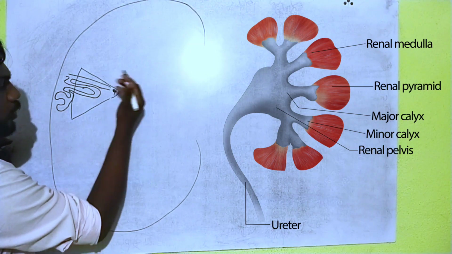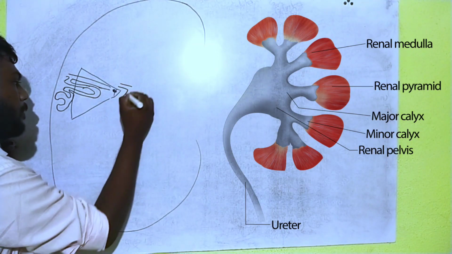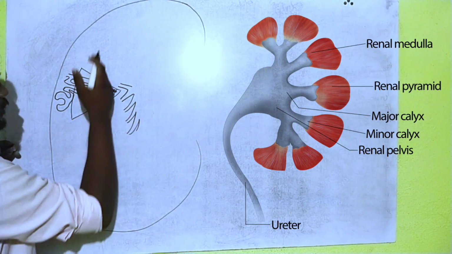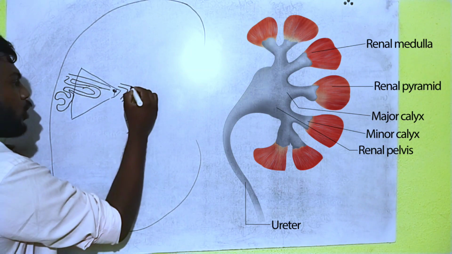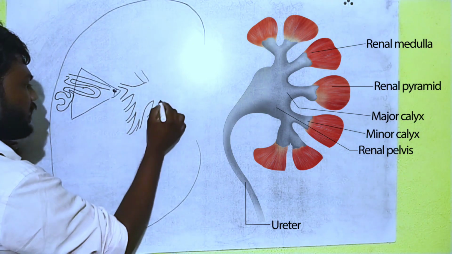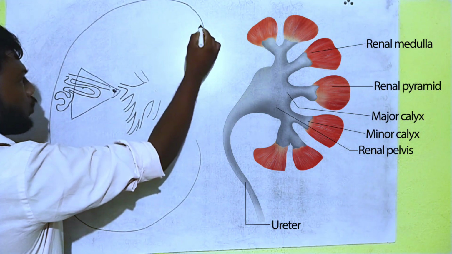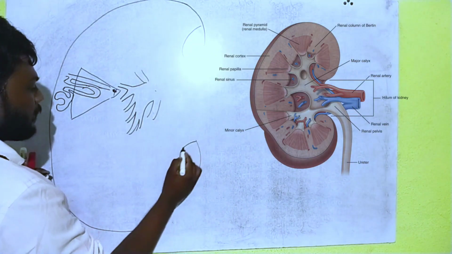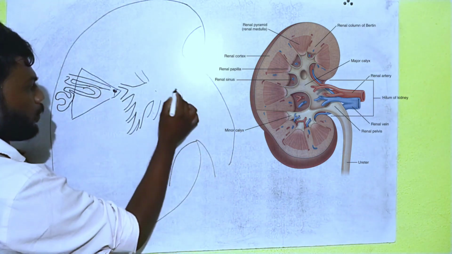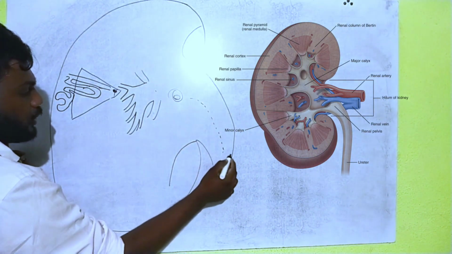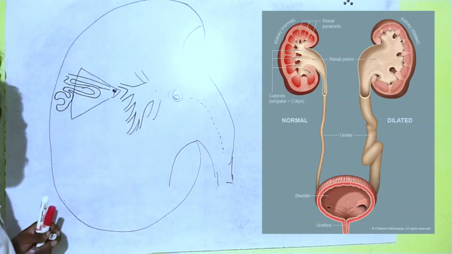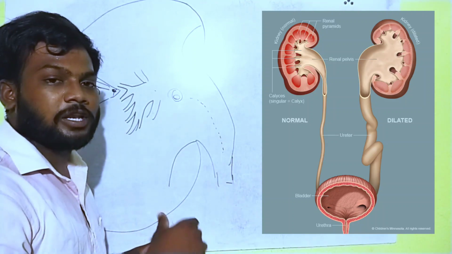From this pyramid, the secretion is collected by the minor calyces. A number of minor calyces are present, as a number of pyramids are present. These minor calyces join with the major calyces. Only 3 major calyces are present. Yes or no? These major calyces open into a funnel-like tube that is called the ureter. The secreted fluid goes to the ureter, then to the urinary bladder. From the urinary bladder urine goes to the urethra. The final urine is passed out.